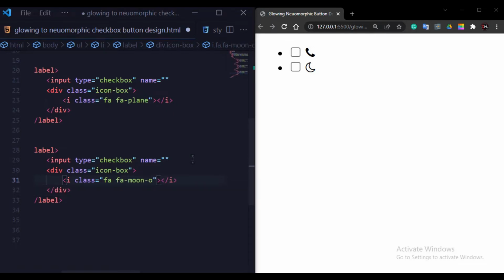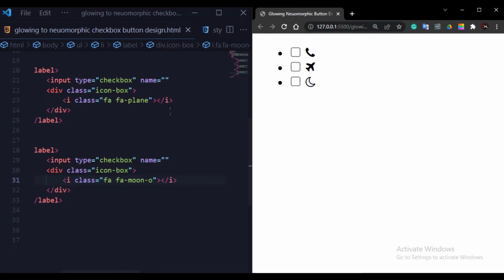Now I save the file. As you can see the output here, I imported all three icons in the form of a checkbox and an ordered list, as you can see on my computer screen.